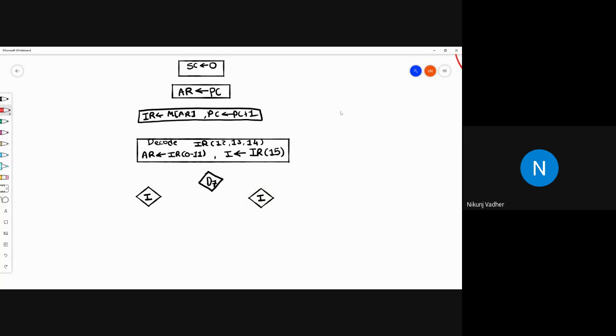So let me draw the flow so you can have an idea how actually that flow will go.